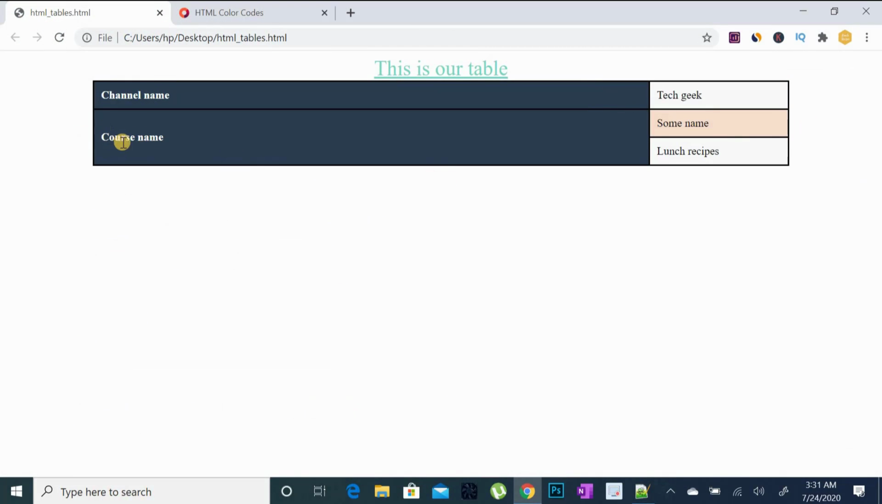As you can see, I have given the rowspan to this one, the course name, and it has got more rows as compared to the channel name. The channel name has got this row, and the course name has got more rows as compared to the upper channel name. So this was about